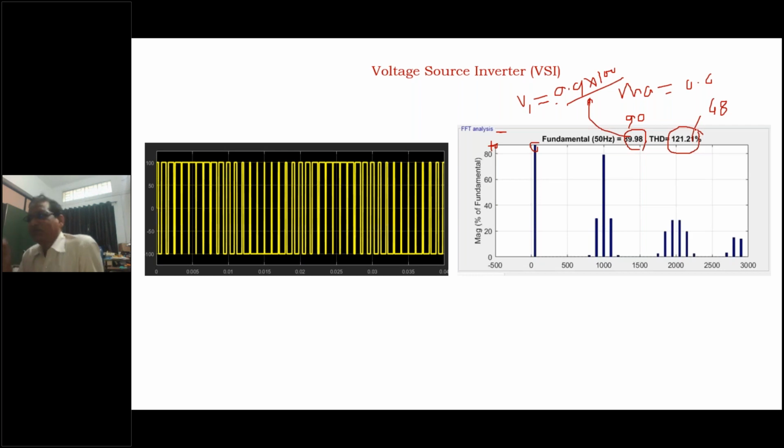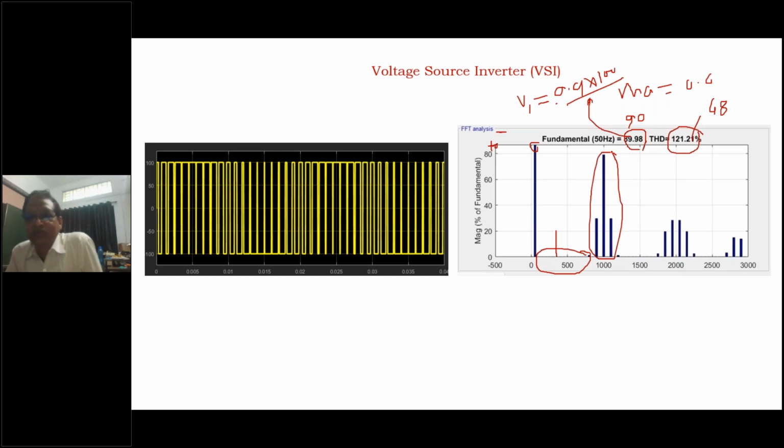See, the harmonics which are dangerous for an induction motor are the lower order harmonics, and you will see there are no lower order harmonics. But what happened? The fifth harmonic was 1/5 of the fundamental, but this harmonic is very high. Its magnitude is very large. Which harmonics will we get here?